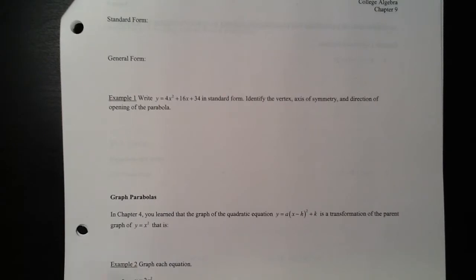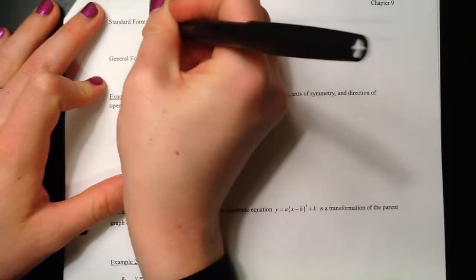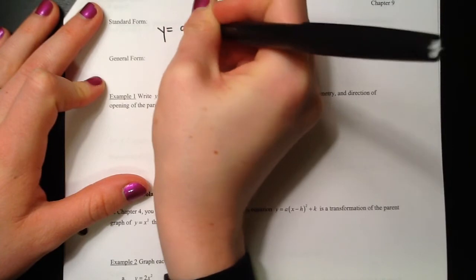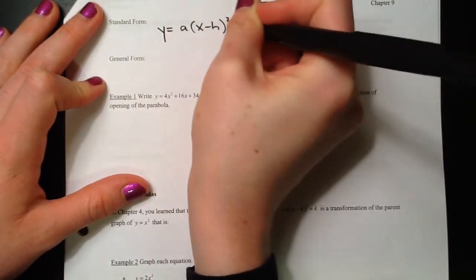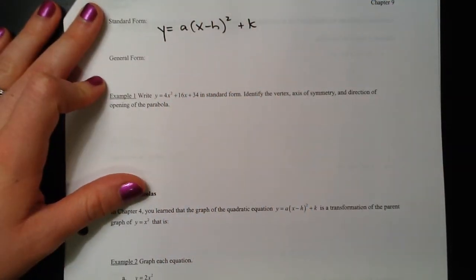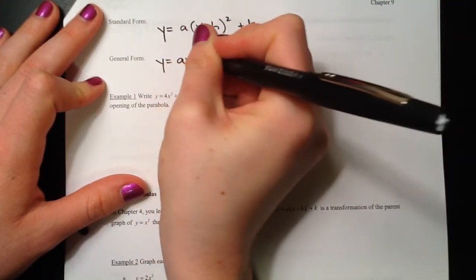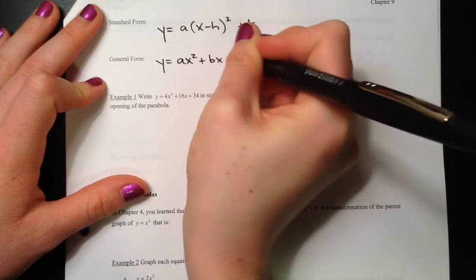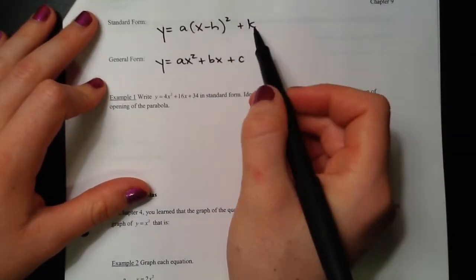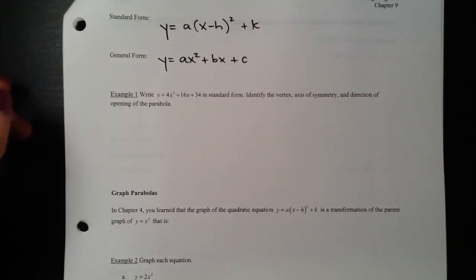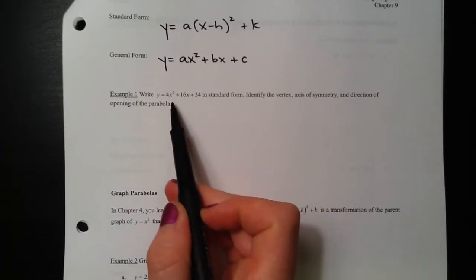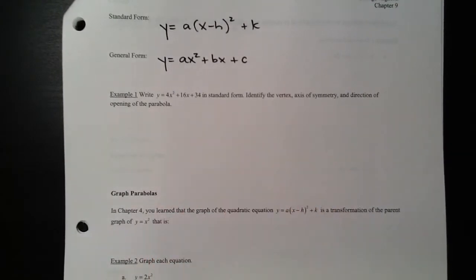Okay, so standard form, like I said, is actually the vertex form, which is the same form that we had on the previous page. And then when we talk about general form, that's the one that you've seen before, the ax squared plus bx plus c. So we've also called this vertex form before. So for the first example, we are going to write this parabola that's written in general form in standard form,